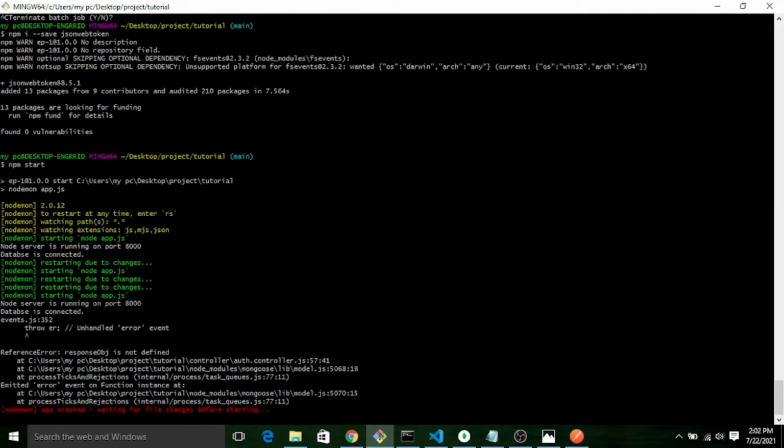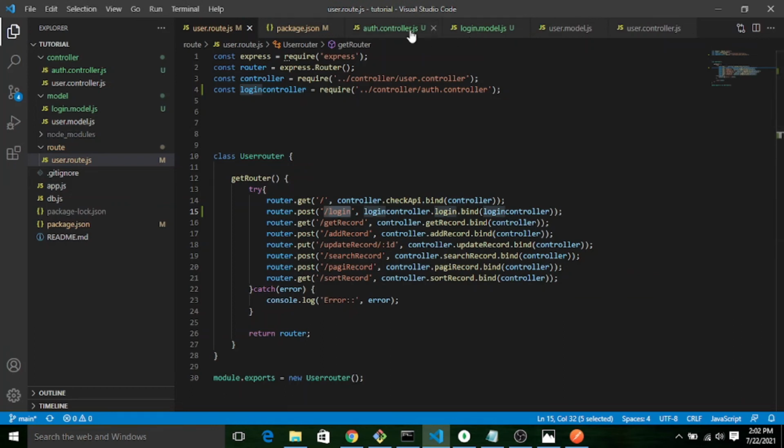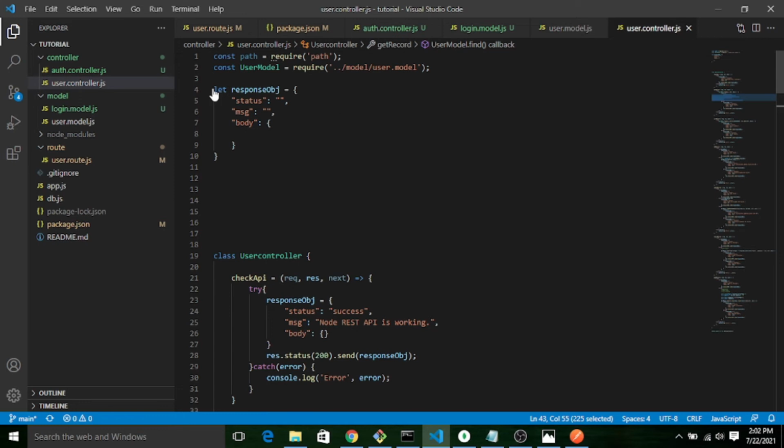So there is some error. Response object is not defined. Okay. We'll copy the same from my previous file. I will paste over here.